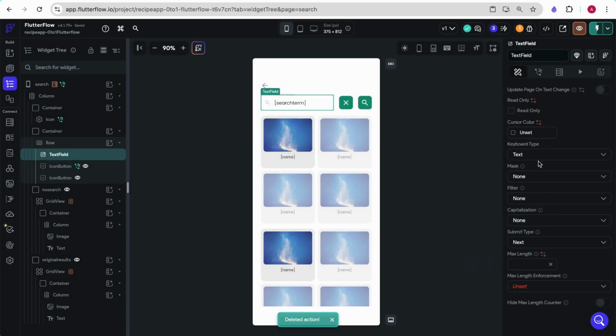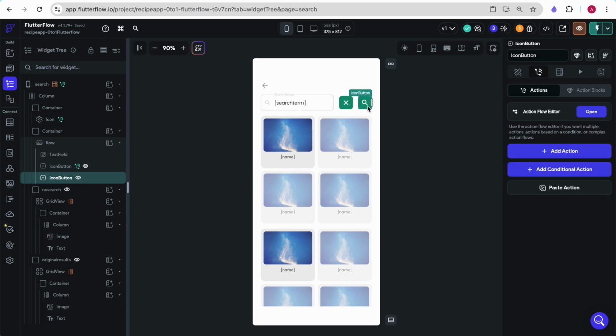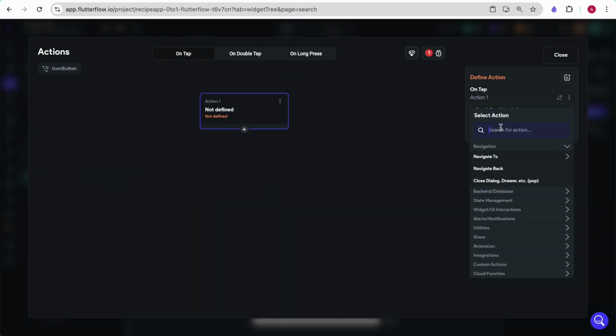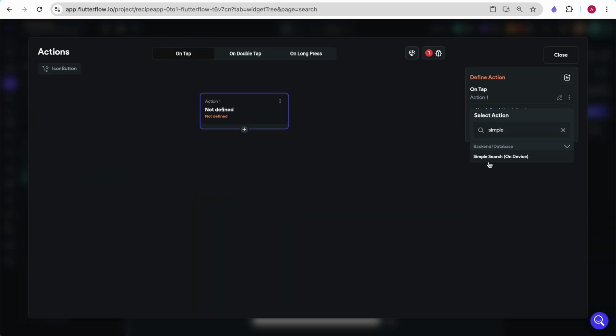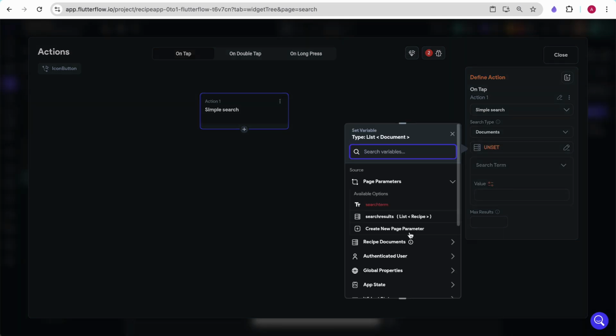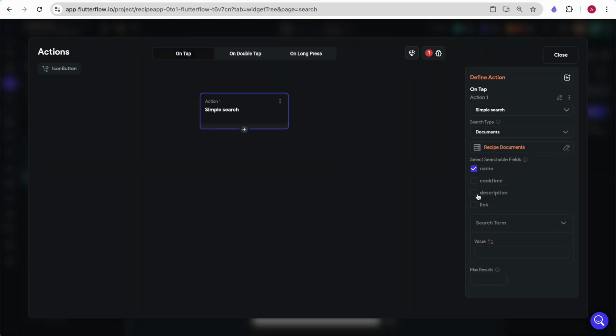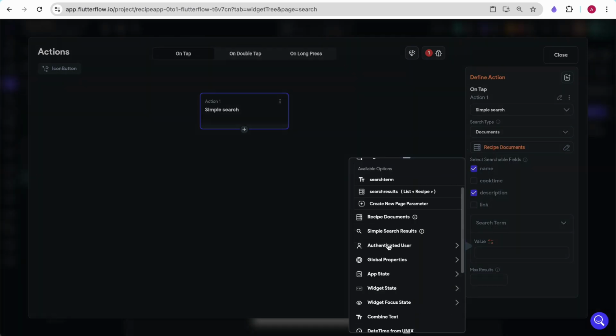But since we did autocomplete on the other page, I'm going to say no autocomplete for this page so you can get a feel of what it looks like with both techniques. Here I'm going to click on the search button and just add the final action to tie it all together and actually run the search. What we want to do is run a simple search. We did this on the other page as well. We want to search through our recipe documents that are part of our page, search the name and description for the value of our